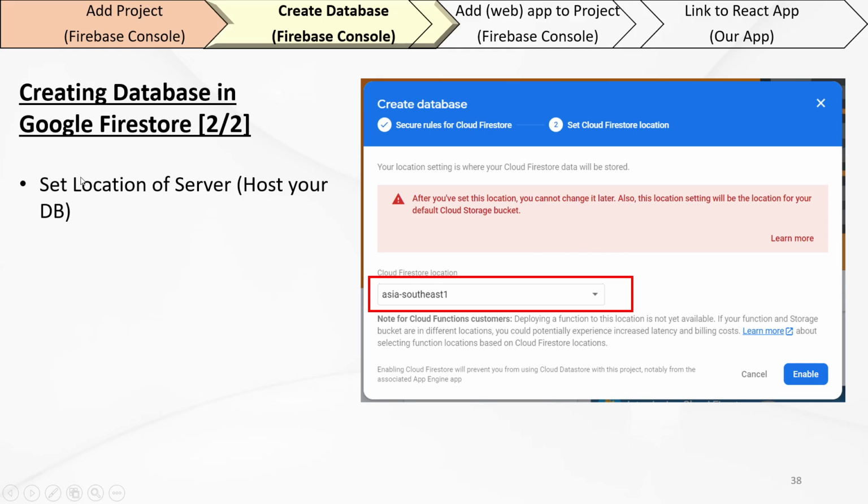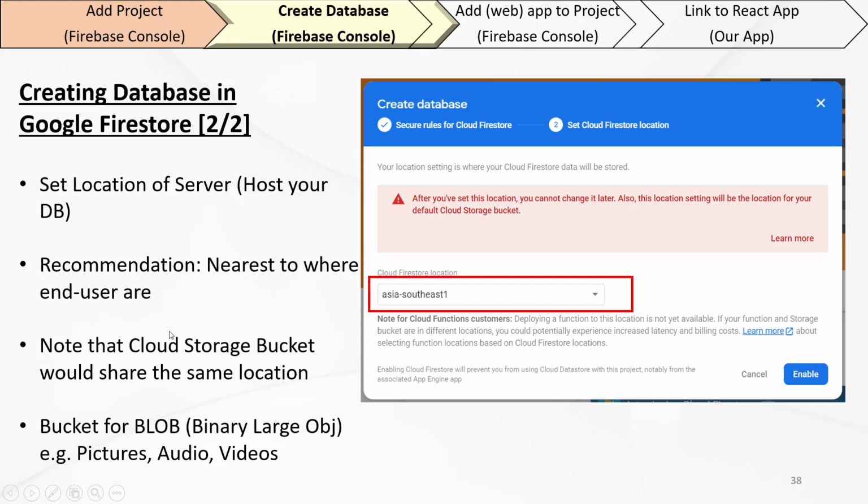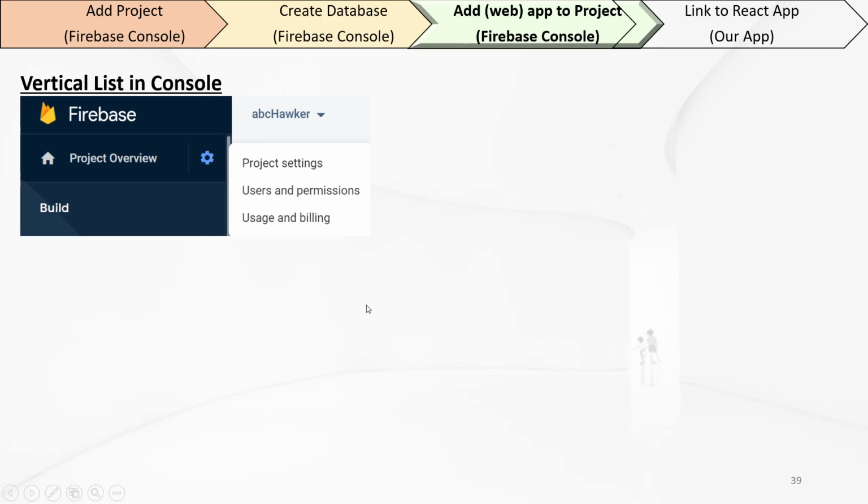Okay, so after choosing test mode, I will jump to here. I have to choose a location. I choose where it's nearest to me, and that's important because that's where all my end users are. And we also need to take note that this cloud storage bucket will be in the same location. In case you don't know what a bucket is, it's just to store blobs, those big objects like pictures, audio, video. They are not structured. Okay, so once we are done, we enable it, boom, we have